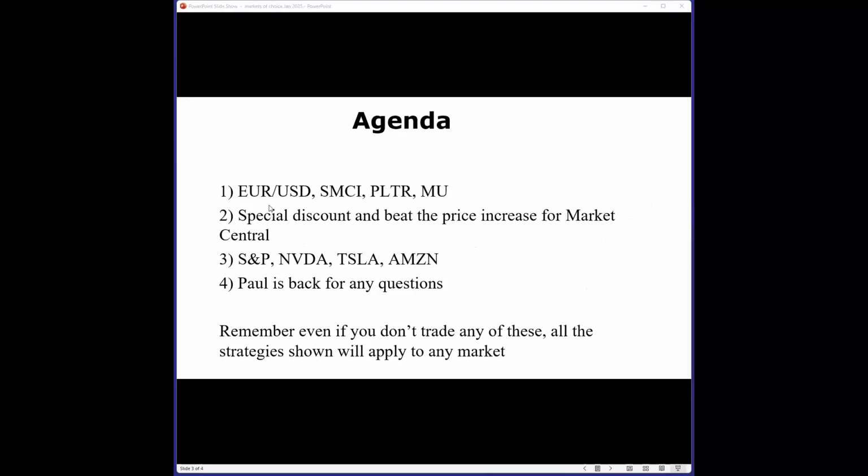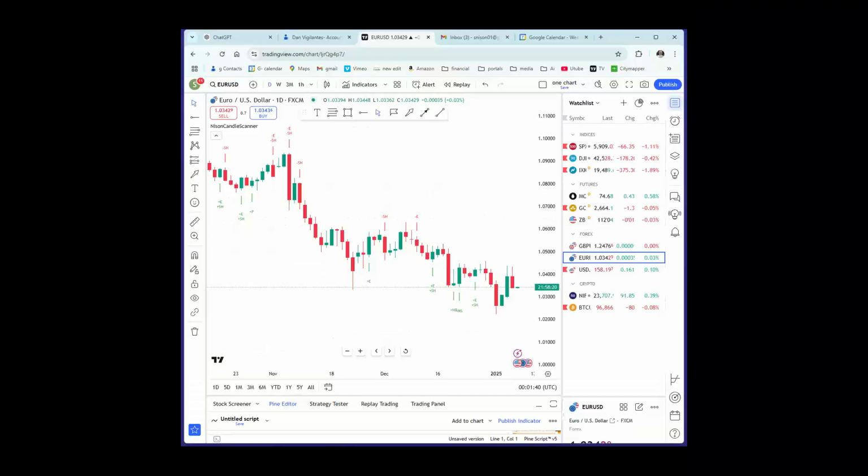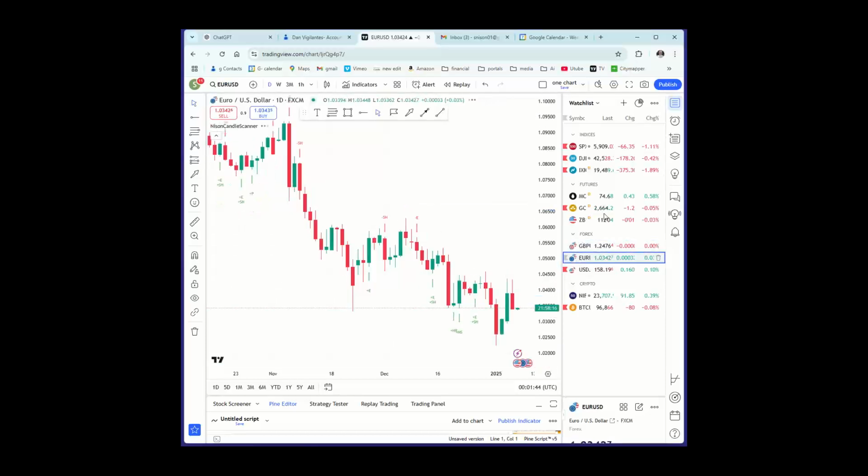So the first request was the euro. And let me just switch the application so we can look at the euro. All right. And so we're going to look at the euro dollar. And by the way, what you see here on the right side are some of the markets we cover every day in the recap. So every day we look at the S&P within Market Central, S&P, the Dow, crude, gold, bonds, these Forex markets, Bitcoin, of course, and some other markets. And we also make recordings of them.